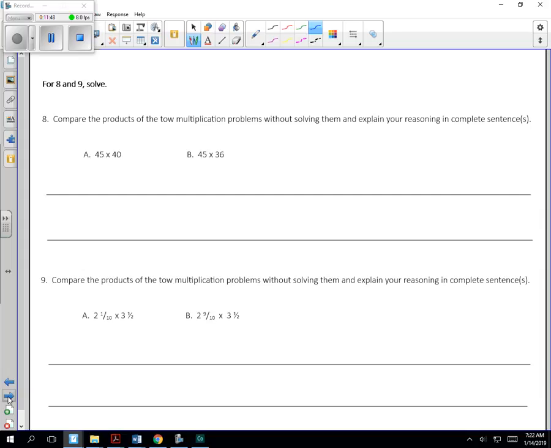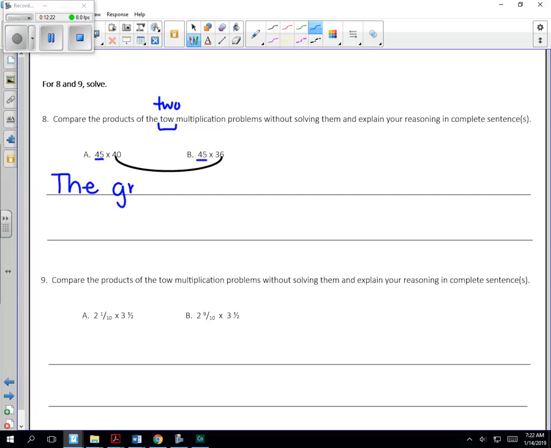All right, number 8. Compare the products of the two multiplication problems without solving them and explain your reasoning in complete sentences. So we have 45 times 40 and 45 times 36. Again, the first thing we're going to do is figure out what the common factor is, and then we are going to compare the uncommon factors. Well, 40 is greater than 36, so the answer would be